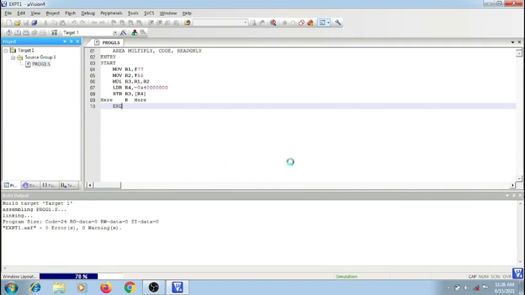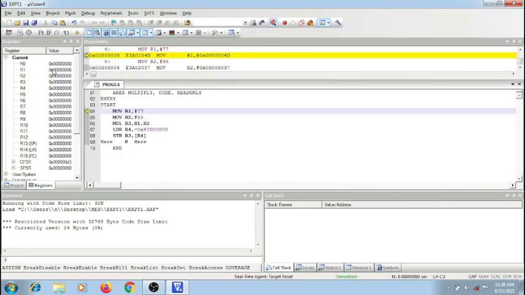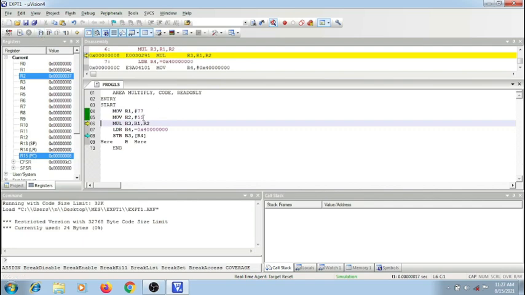Click on OK here. This is the program window, and here we have the registers. Let us execute the instructions one by one. If I execute the first instruction, number 77 is loaded to the register R1, but the number stored here is 4D, which is the hexadecimal equivalent of decimal 77. If I execute the next instruction, decimal 55, whose equivalent hexadecimal value 37, is loaded to the R2 register.